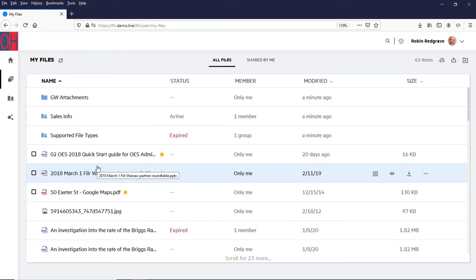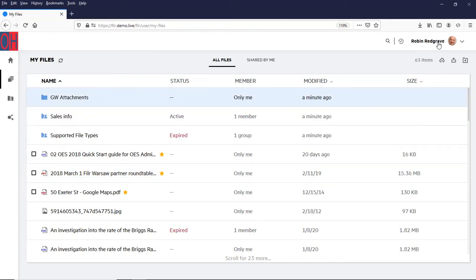I can have those emails coming in individually, so every time there is a change, but obviously if I'm following lots of items or there are lots of changes, I don't really want to have loads of emails coming in. It will be a bit overwhelming. So I can configure that to send me just a digest once a day or whatever time period your organization has configured. So to change that, up in the top right by my name, I've got a drop down, and